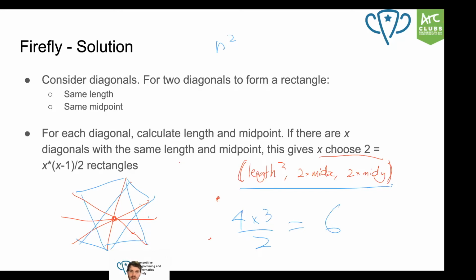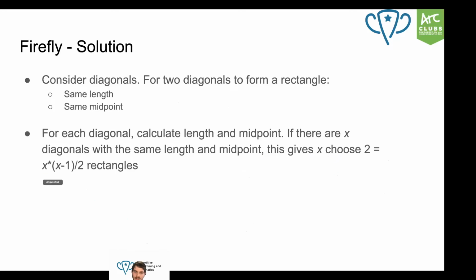The other way is if you use something like, for example, a Python dictionary, or in C++, a map, for example, you map from these 3 numbers to a counter of how many triplets have that number. And you just have some way of counting for each grouping of 3 numbers, length, x coordinate of the midpoint, y coordinate of the midpoint. For each triplet of that, you check how many values have that, and you can use that to calculate the number of rectangles. And the speed of this, it's going to be either order n squared or n squared log